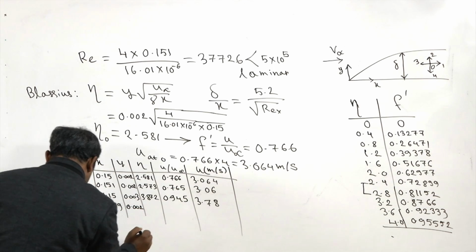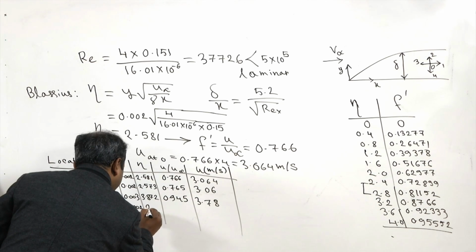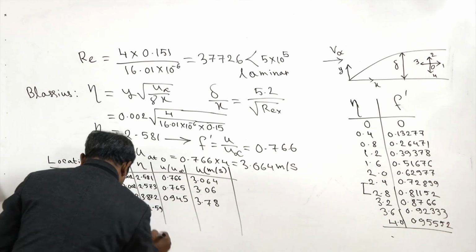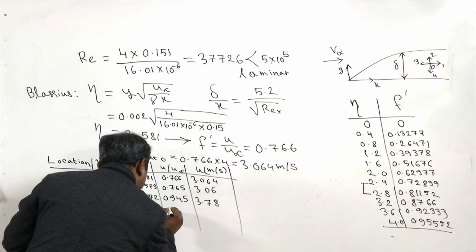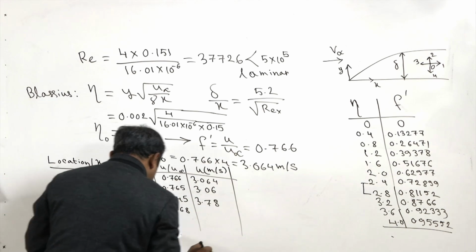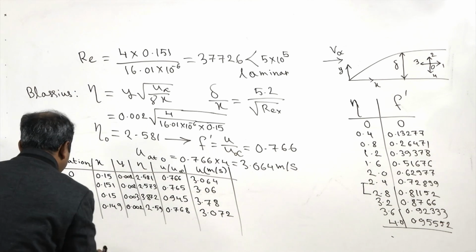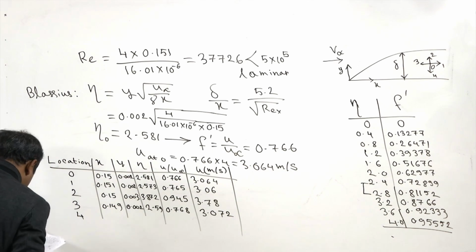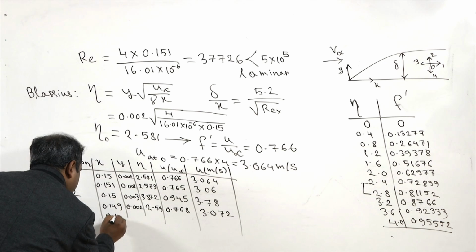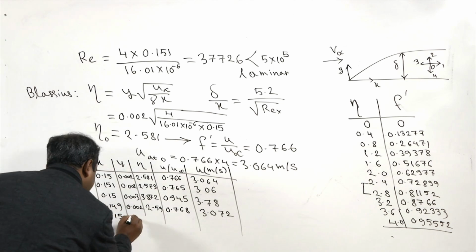0.002, and then eta becomes 2.59, and then u by u infinity or f dash becomes 0.768, and finally u becomes 3.072. And for the last location, fourth location, you can get the x is 0.15, y is